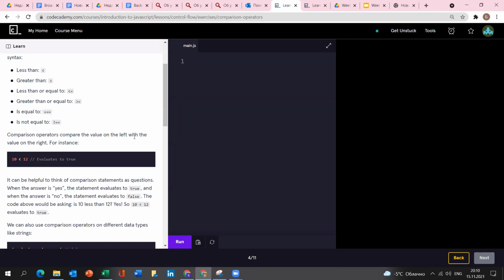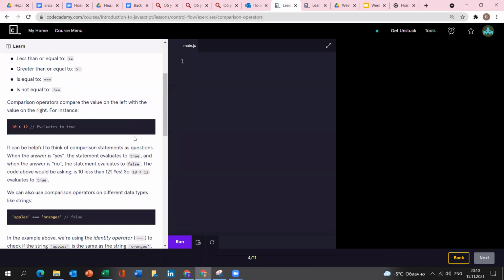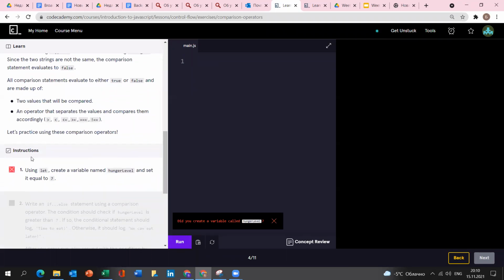So what happens when we write these kinds of statements? We can make the value true. Right now we can simply check a let variable with, let's say,